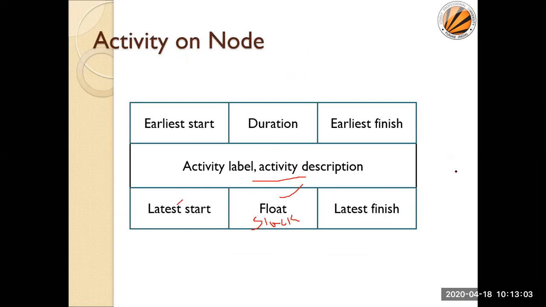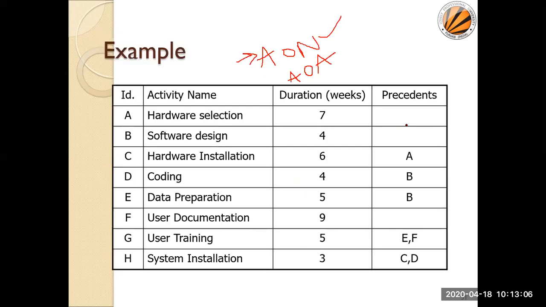Now based on this example, here this is the important column. This column is blank, and this row is blank. In this particular column there are three rows which are blank, against A, B, and F. What does this mean? This means these are my initial nodes. Then there are certain precedents, or you can say dependencies of these nodes. So C is dependent on A. Until A is completed, C cannot start. That is the meaning of this.